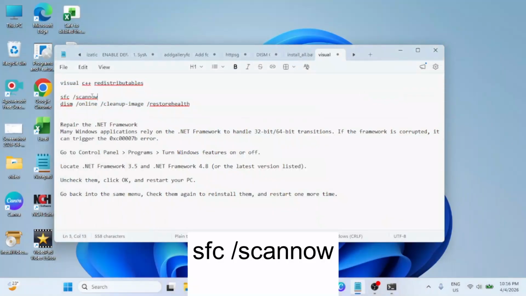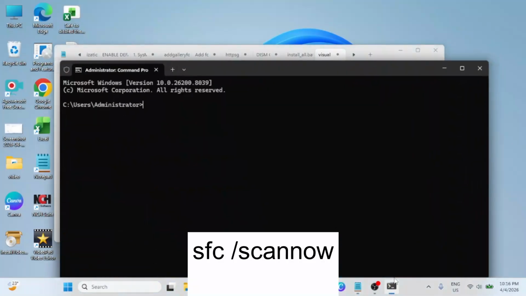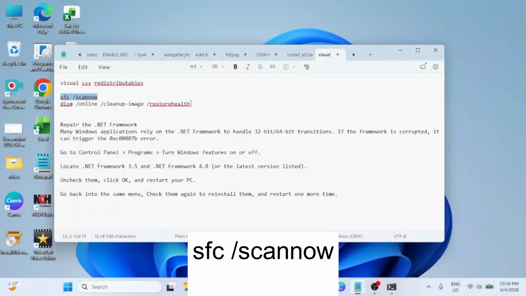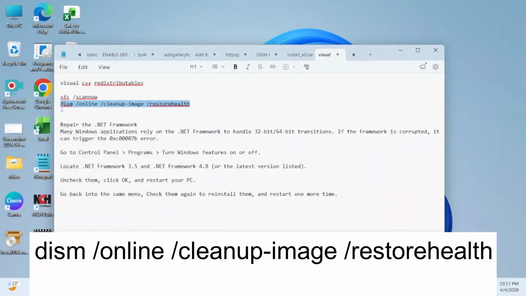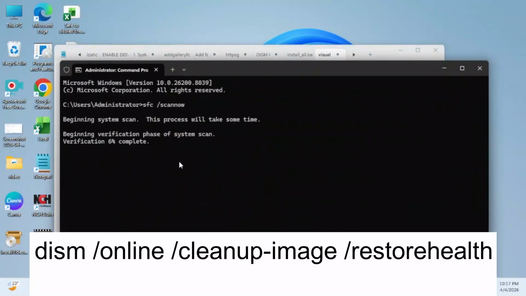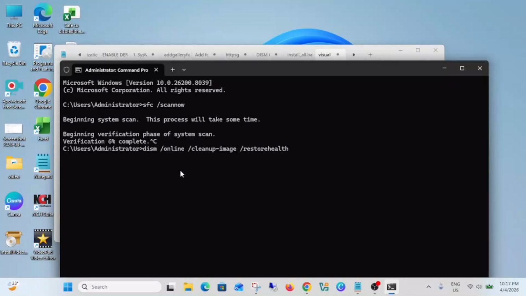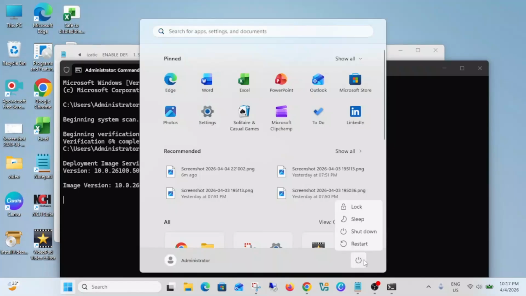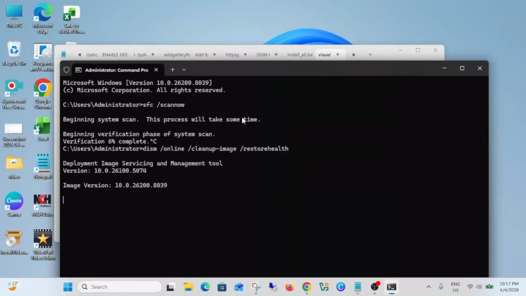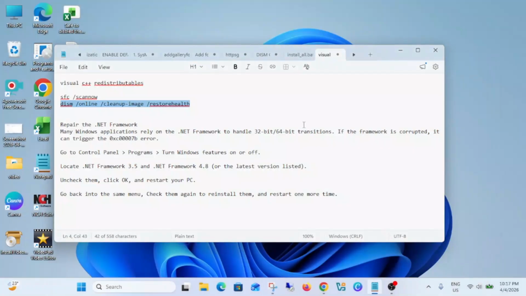And try hitting this command first. I will link this command in my description box. Simply hit this, and once it is completed, you need to run this command. And this is the image. The DISM command will restore your corrupted image on your Windows, but make sure the sfc command is completed, then you can hit this command and thereafter restart your Windows again and see if that is able to fix your issue or not. If these two solutions are not working, then we can consider that our .NET is corrupted on our